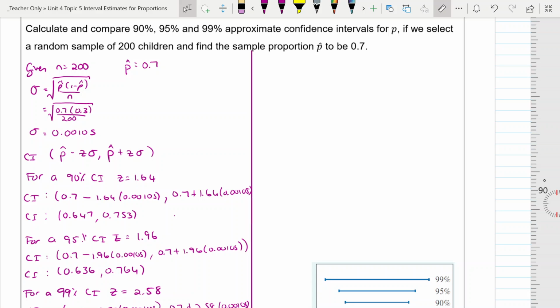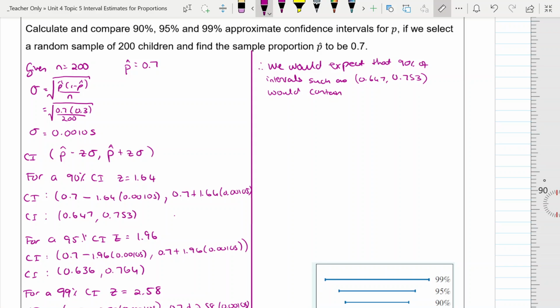Okay, we need to interpret that. So I guess the way we would be writing that is that therefore we would expect that, so we need to be able to divide them between the 90, the 95 and the 99, that 90% of intervals such as 0.647 to 0.753 would contain the proportion of children who use social media,